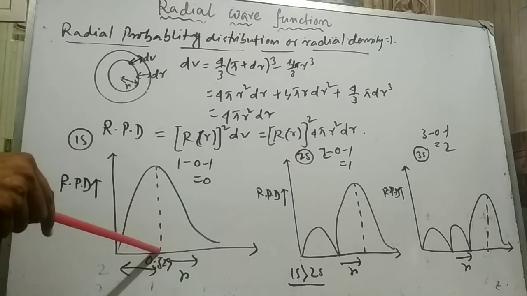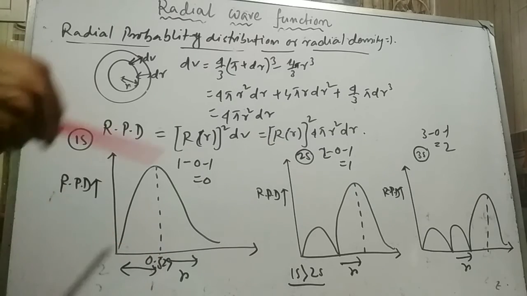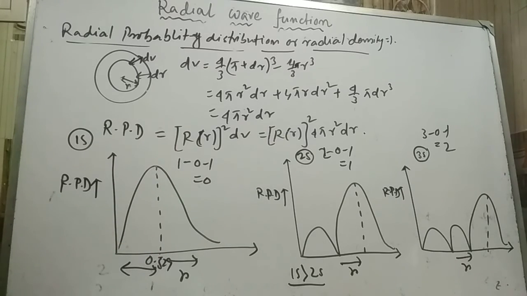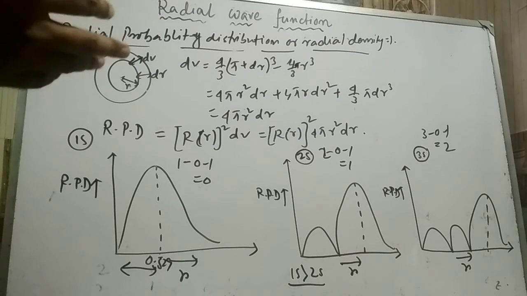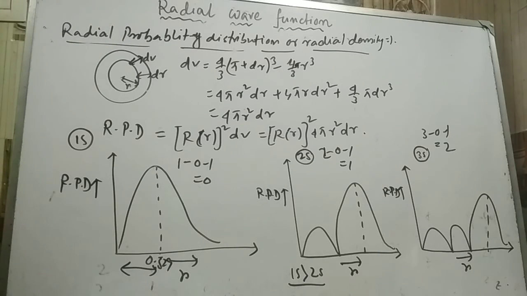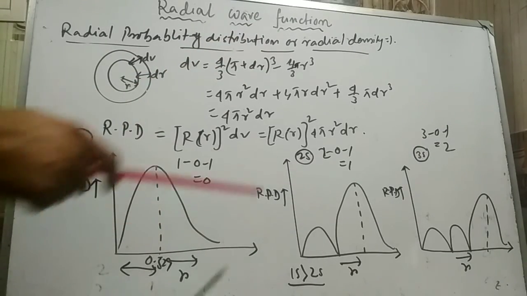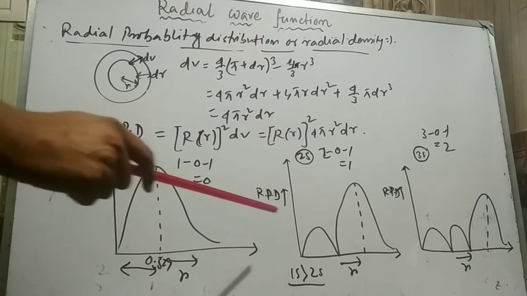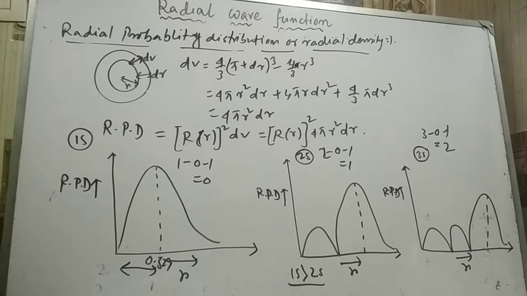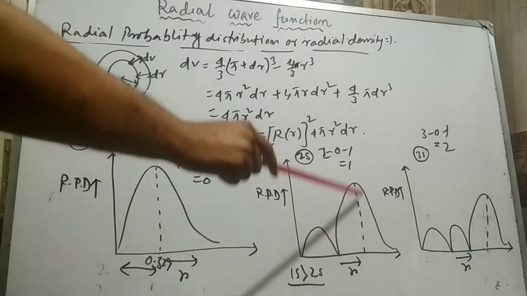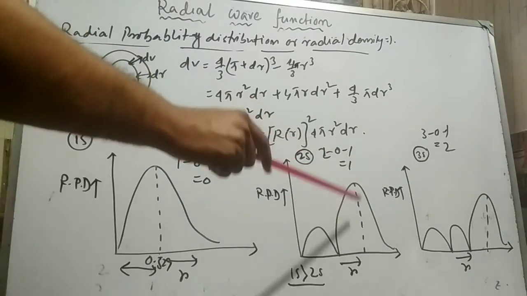The distance from the nucleus where there is a maximum probability of finding the electron is called the radius of the orbital. Again, we see that the distance for the maximum probability of finding the electron in an orbital increases with the value of the principal quantum number. In case of the 2s atomic orbital, only one node is obtained and the curve starts from the origin,